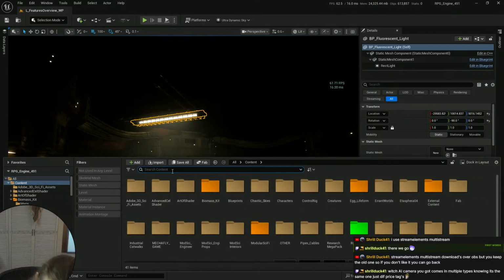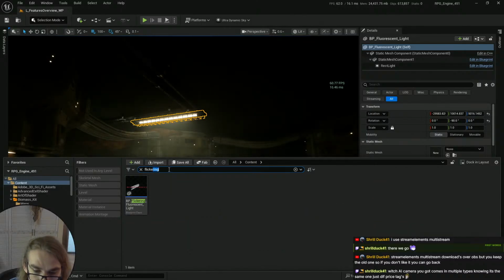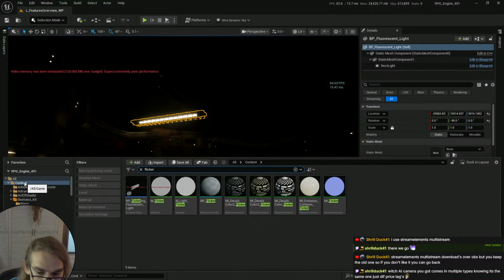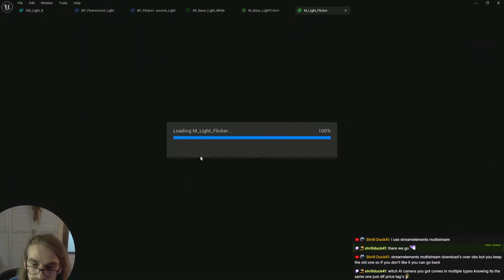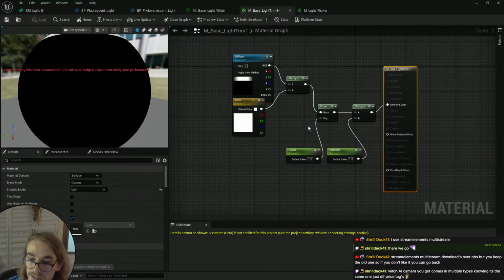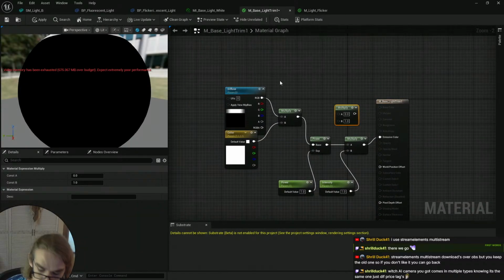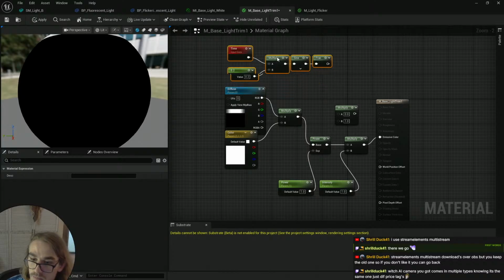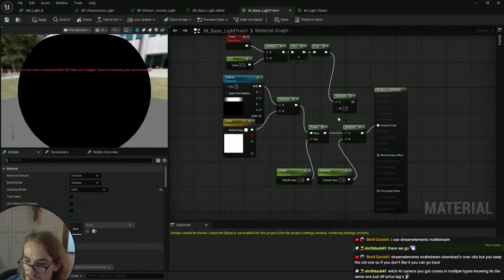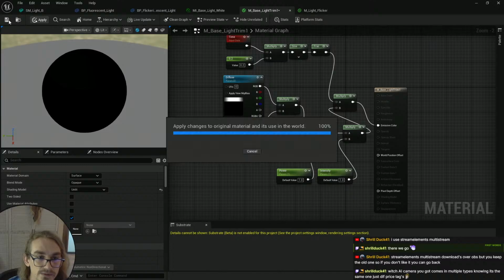content flickering, or just flicker light. This logic, we want to add it here into another multiply. Just going to push it there and here and there, boop, and this now should flicker. There you go. Apply, save,